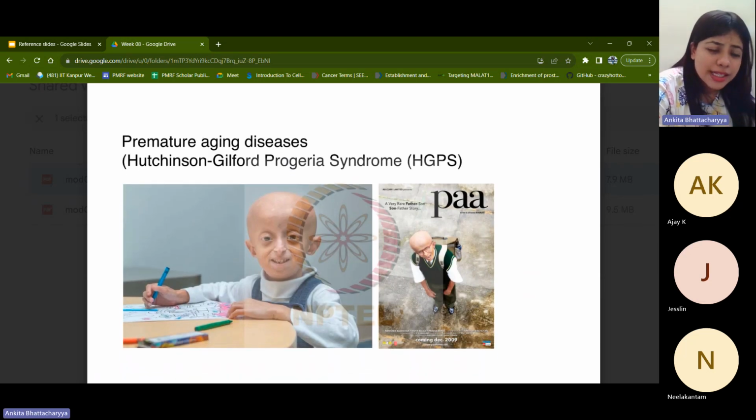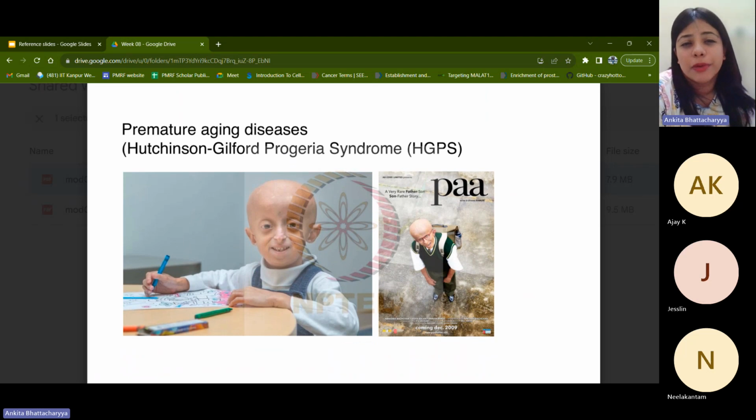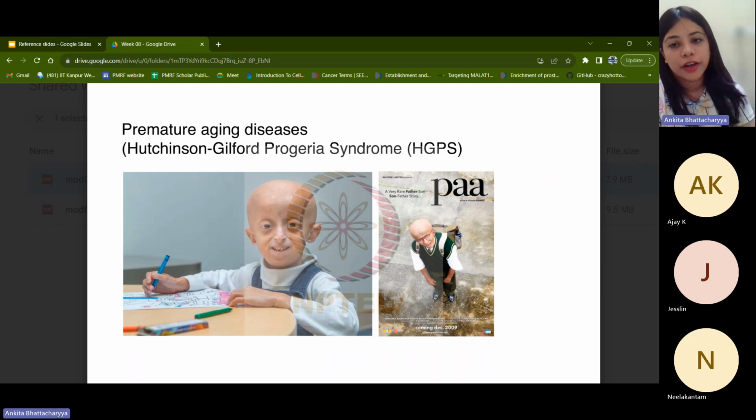One example that has been shown here is of the premature aging disease, which is triggered by dysfunctional intermediate filament function. So it leads to progeria, or Hutchinson-Gilford progeria syndrome, where, as you can see, the individual does not have the appropriate architecture to support the mechanical strength of cells that is required in an individual who is growing. The disease is usually characterized by what is visually seen, which is premature aging.